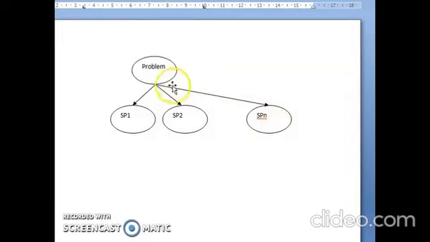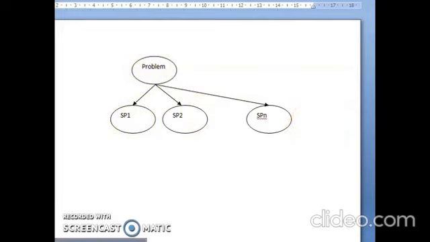So you move from the problem to sub-problems, wherein the sub-problems are resolved using functions. This is a top-down approach of solving your problem.